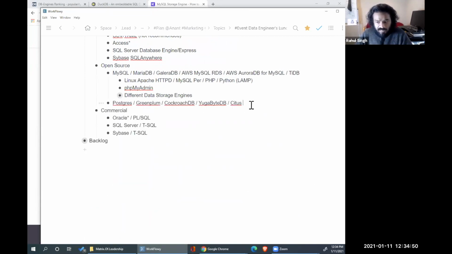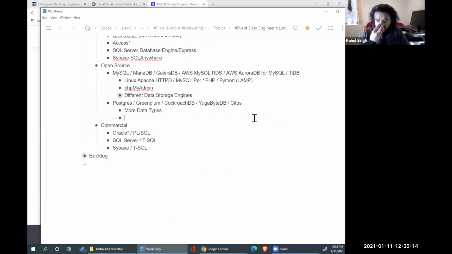So Postgres, as I had mentioned, is in the same lineage as some of the first relational databases. At least from my understanding, I started playing with it because it had better data types, more data types.